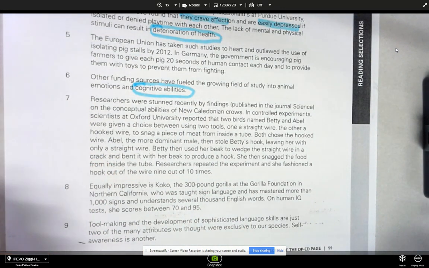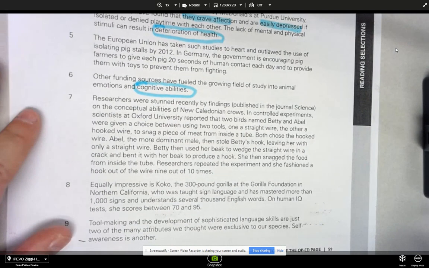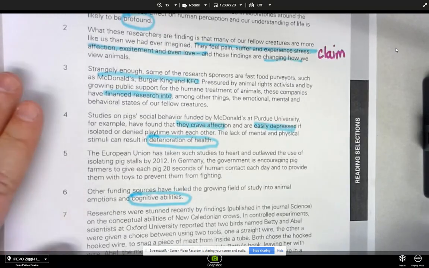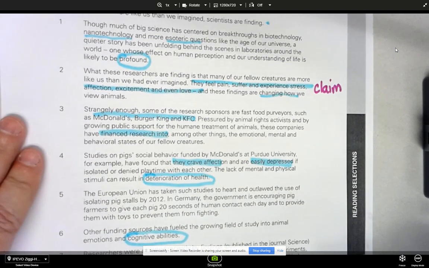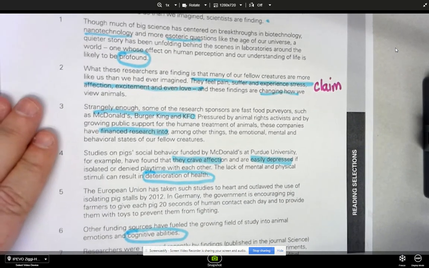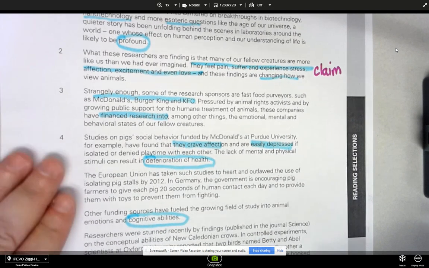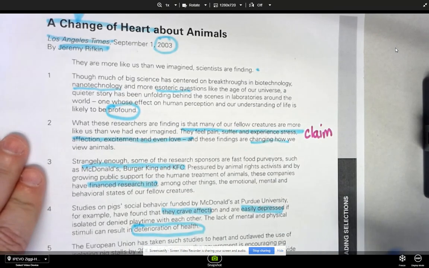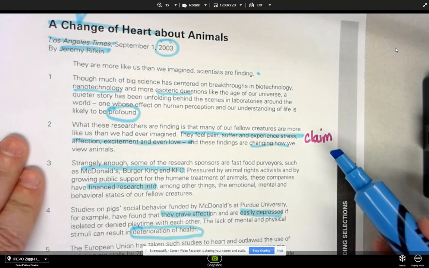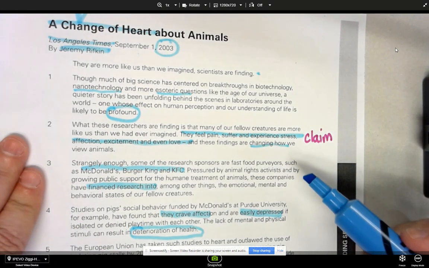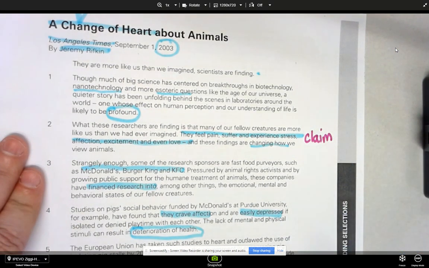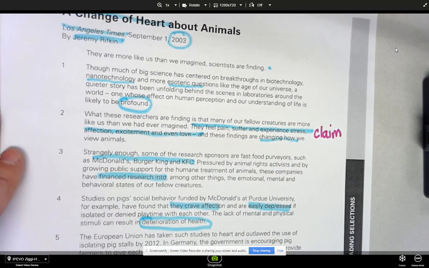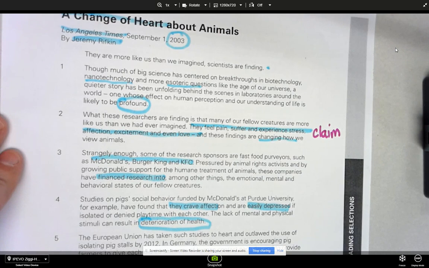So what I'd like you to do at this point is finish the rest of the article and make sure that you are circling vocabulary or phrases that you think are important to know, especially those you don't know, and also figure out, as you're going along, how he's supporting the claim that animals feel. So go ahead and take a few minutes to do that right now. This will be your first read with the grain from Jeremy